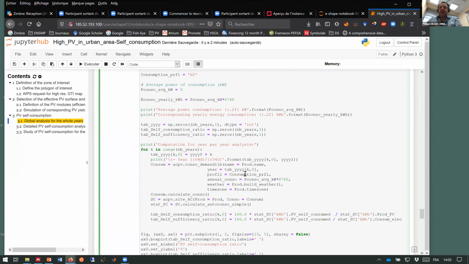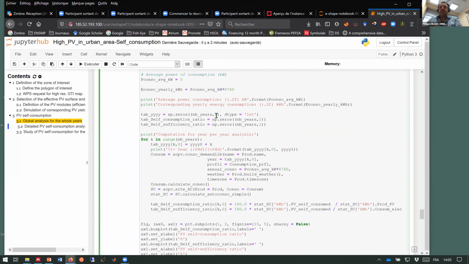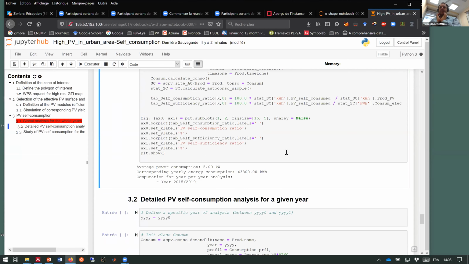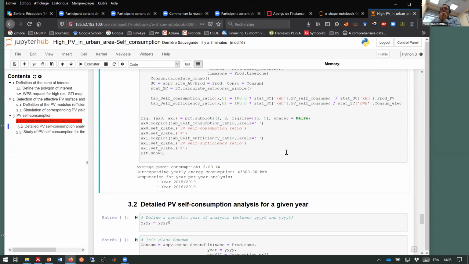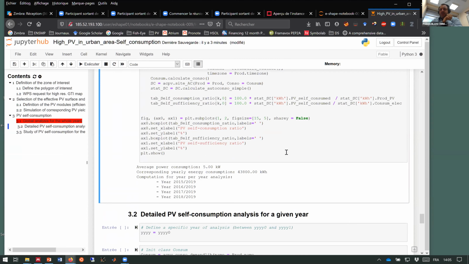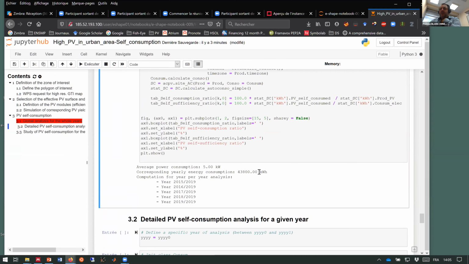And then, thanks to that, we can compute the different years of PV production and compare them to the typical year of consumption. So this is a loop here for different years of analysis. And we can do the computation here. It should be fast. Okay. So we can see that I am consuming in a year more than